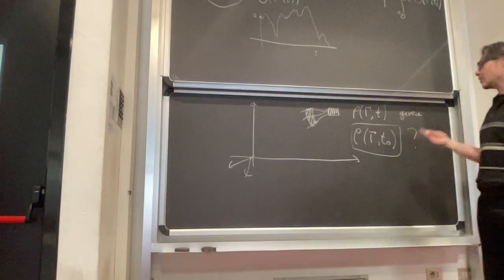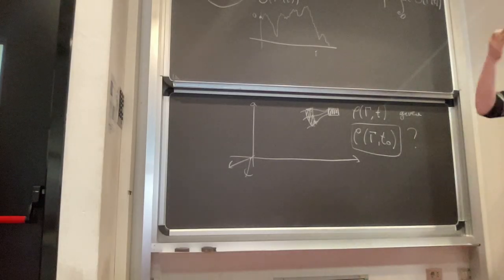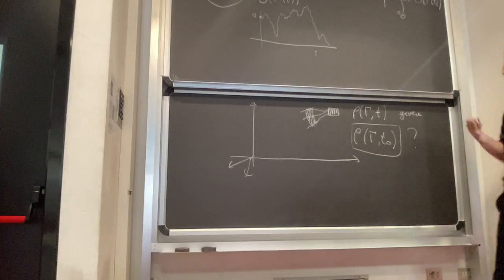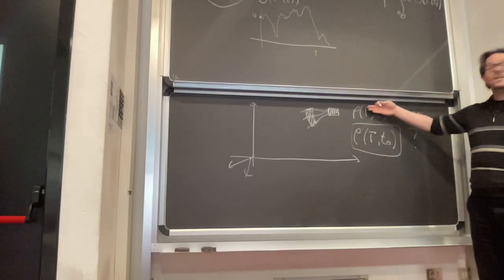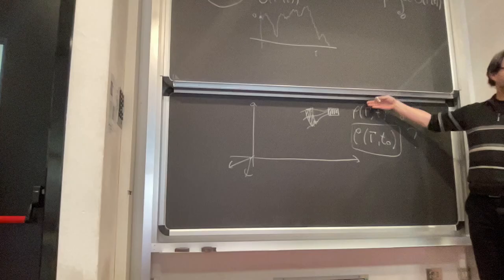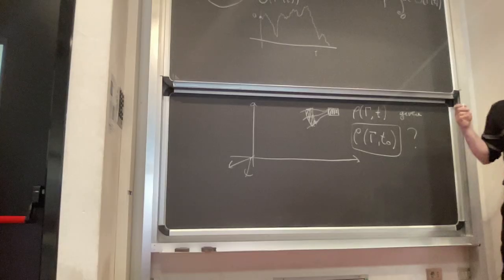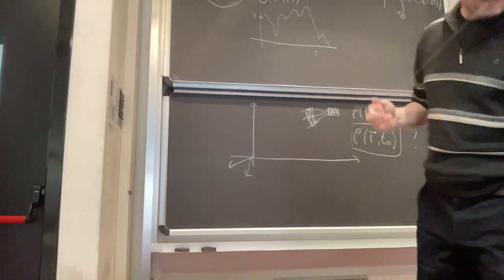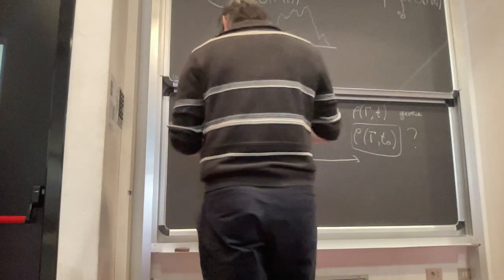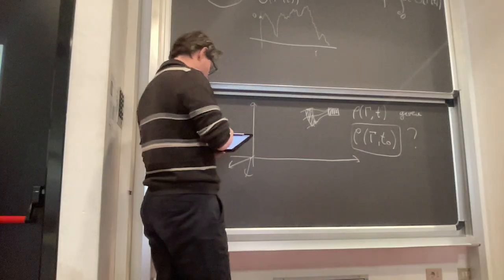Which addresses the fundamental question, at least at the formal level: what is rho of gamma and t given rho of gamma and t0? And we arrived, after some math,